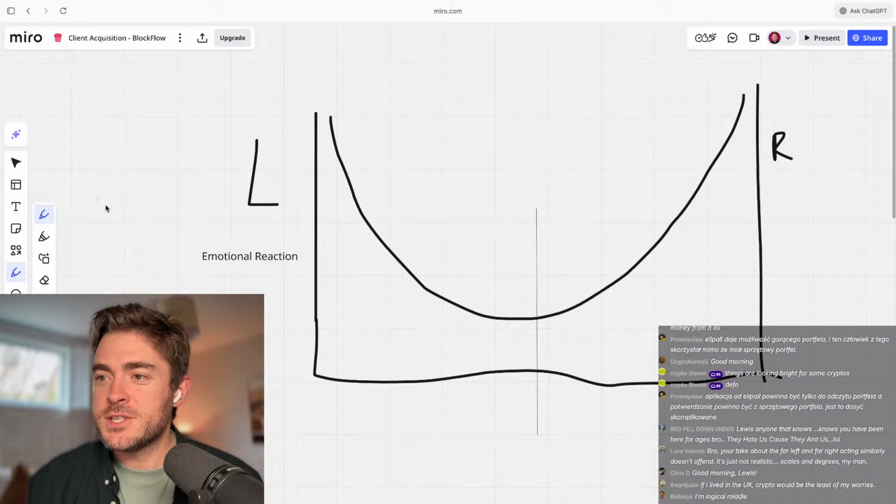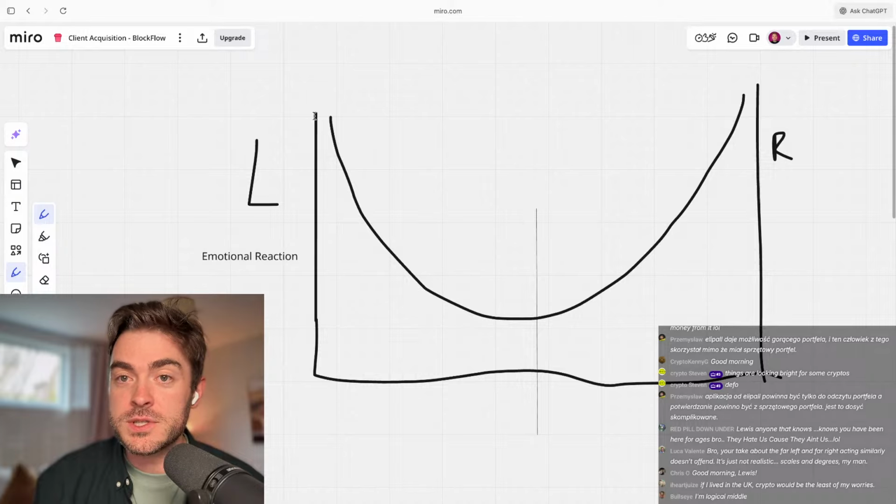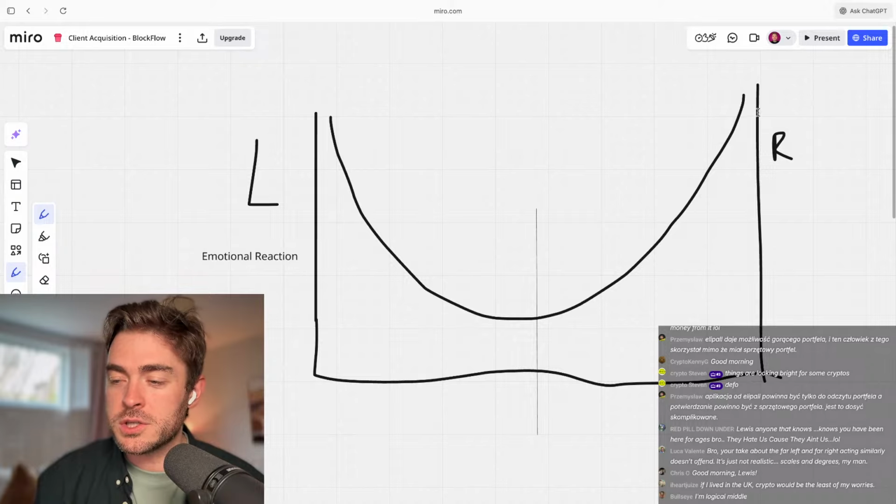Okay? So I think if you're on the far left and you hear a difference in opinion that's not very close to yours, your emotional reaction to that will be strong. Equally, if you're on the far right and you hear an opinion that's not that close to yours, your emotional reaction will be strong.